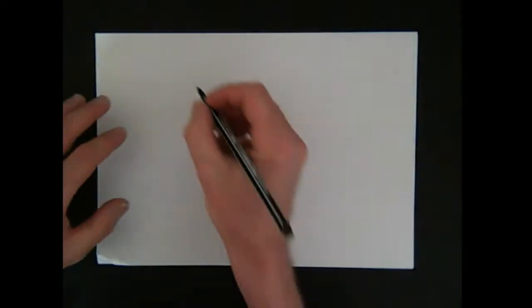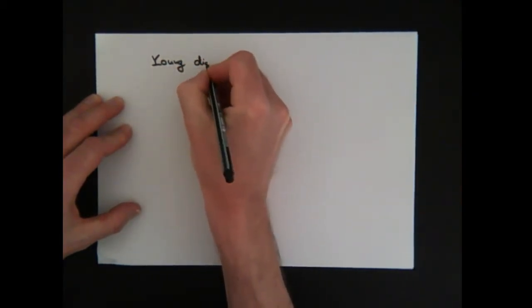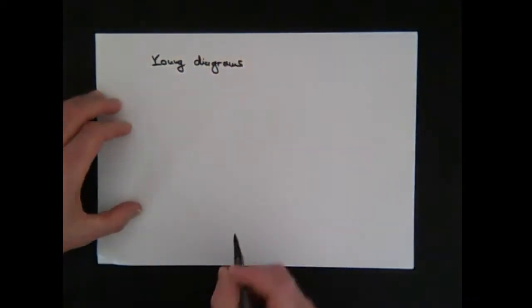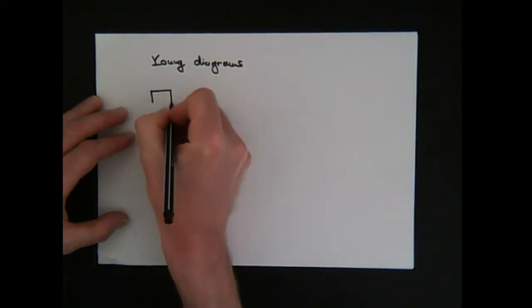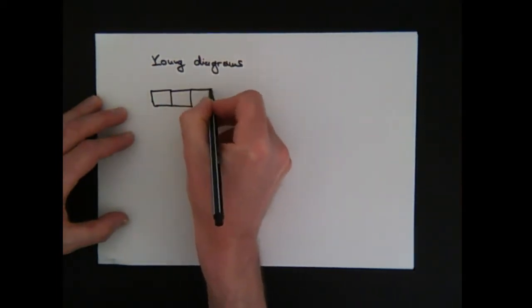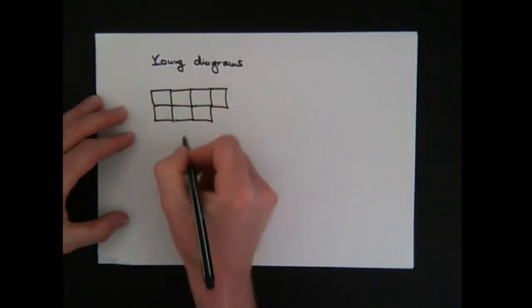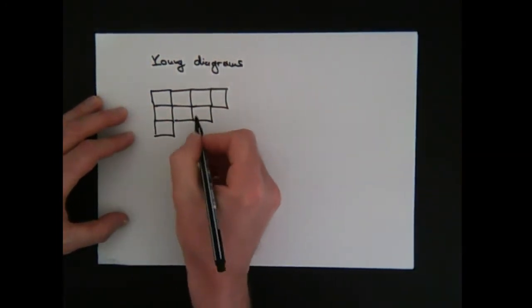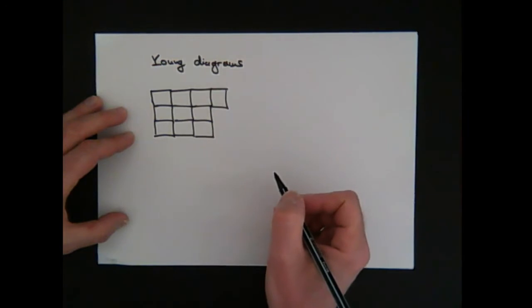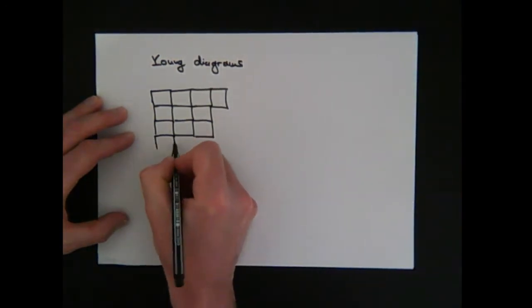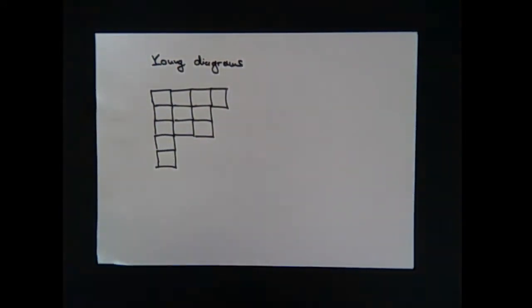A Young diagram. A Young diagram is an arrangement of boxes in rows and columns. For example, like this. The boxes are left justified and the rows are left justified, and the numbers of boxes in a row must not increase when we go down from top to bottom. So this is a Young diagram,